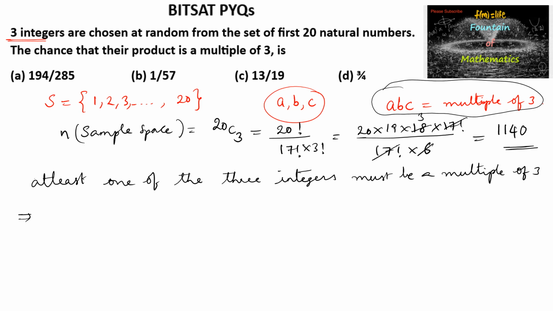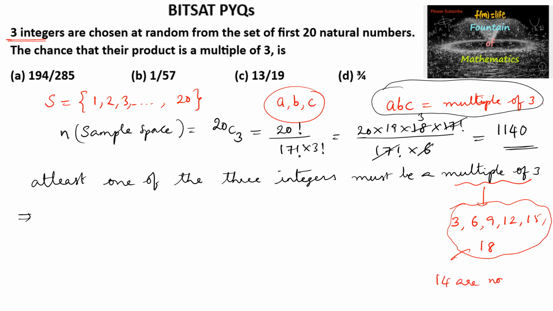So either a single integer should be a multiple of 3, or two integers can be multiples of 3, or all three integers are multiples of 3. Multiples of 3 here are 3, 3 twos are 6, 3 threes are 9, 3 fours are 12, 3 fives are 15, 3 sixes are 18. So totally there are 6 multiples and the remaining 14